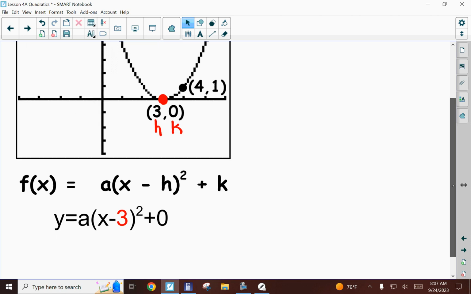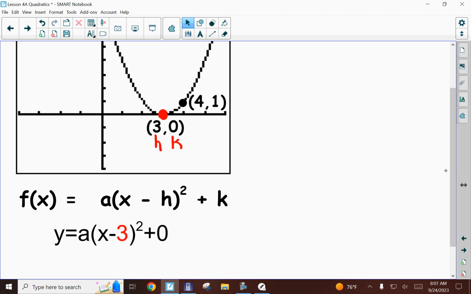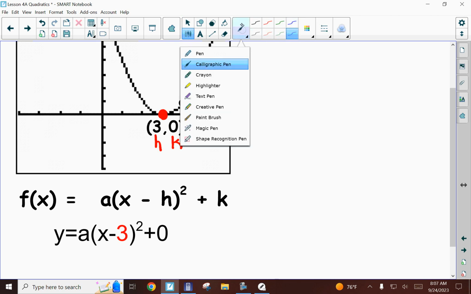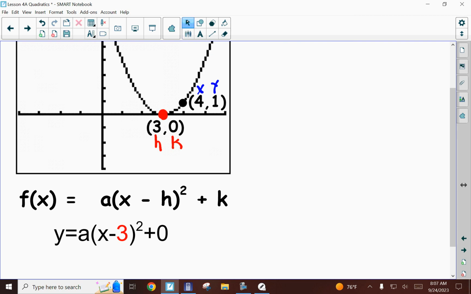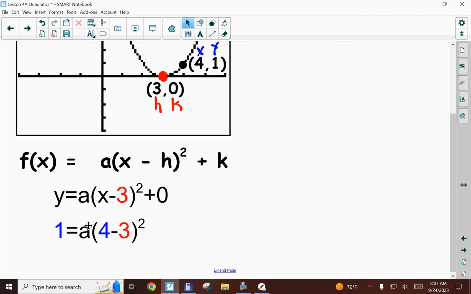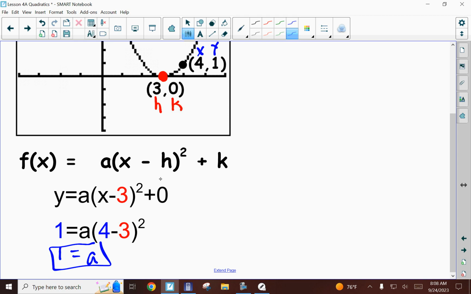And then if you notice, we also have a point. So if we plug in our point, remember that the point is x and then y. Once we get everything plugged in, we should be left with just the letter A. Once we have that letter A all by itself, and it's the only remaining letter, we can solve this. So 4 take away 3 is 1, and then 1 squared is still 1. So you end up with basically A equals 1, because it's 1A equals 1, and you don't have to divide by 1. So now we take this equation here,